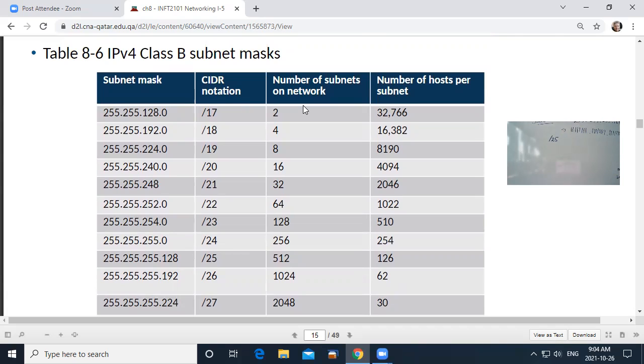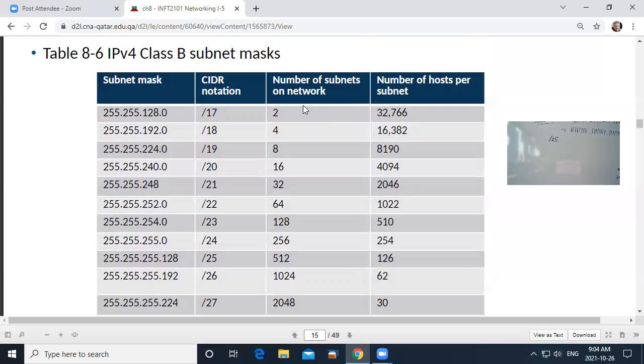Say you're given a network with a subnet mask of 255.255.0.0, and then you decided to subnet it to /17. That would be adding an extra 1 here, right? And then you get 2 networks out of the 1 network that you had. Each of those networks has half of 65,000 whatever in it.